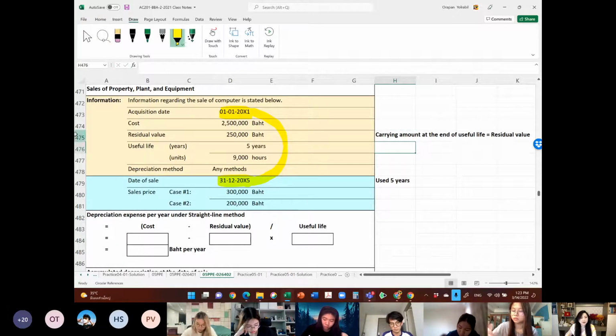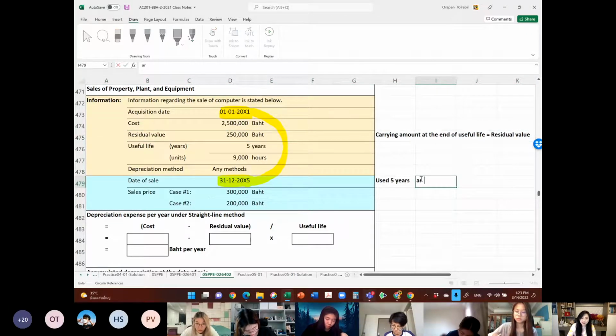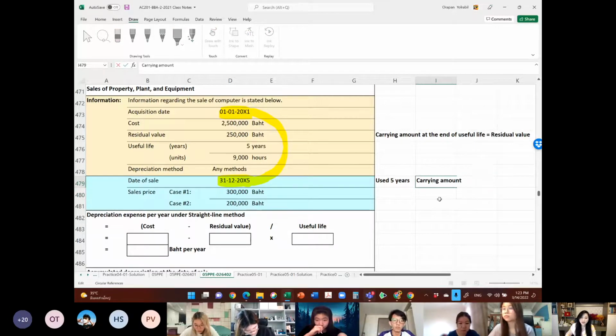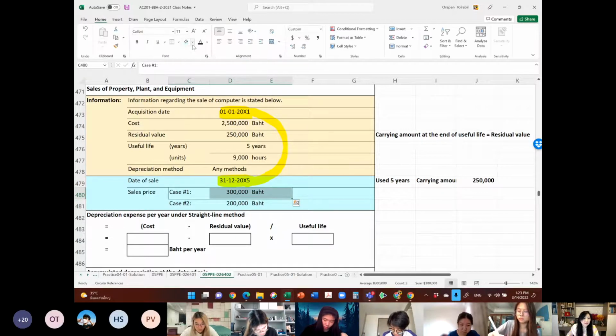So here in this case, at the end of year 5, what would then be the carrying amount of the asset? At the end of the useful life, the carrying amount would be equal to the 250,000. So now, if you sell off the asset and you get money for 300,000, my question to you is,